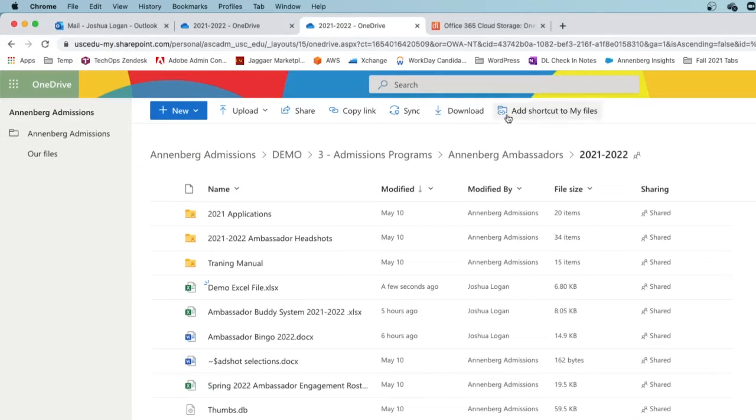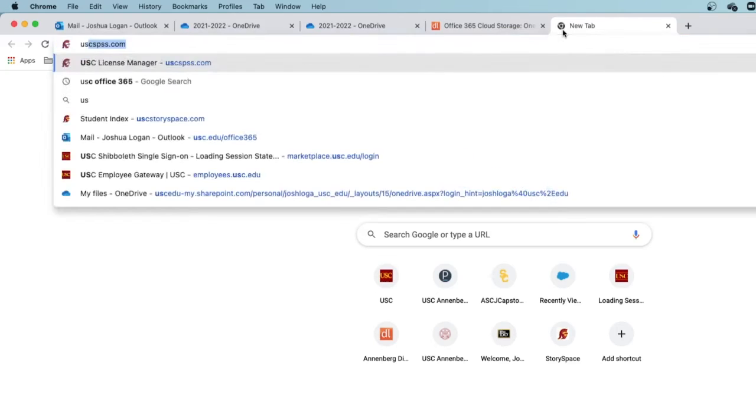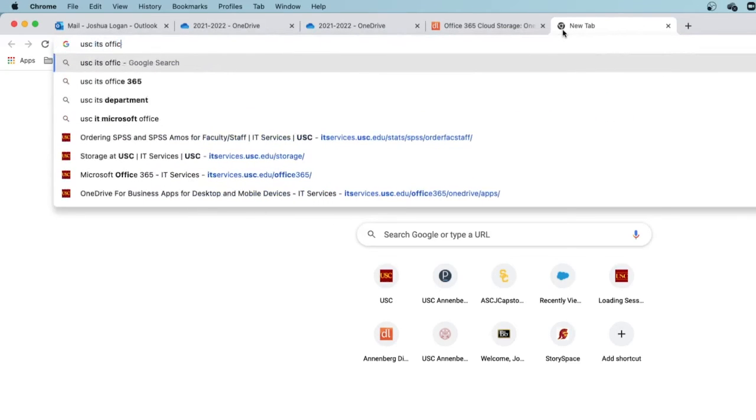And you can download this. I have a link on that handout, but you can download this if you do a simple search for something like USC ITS,